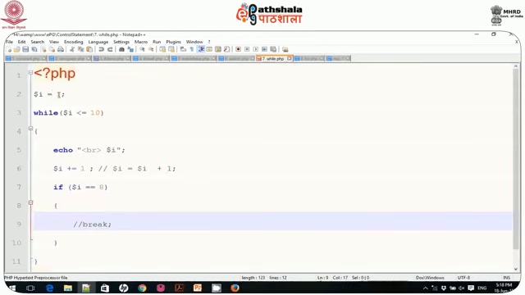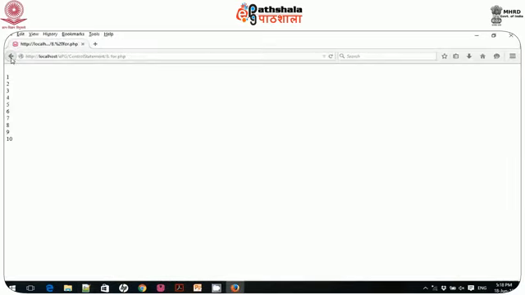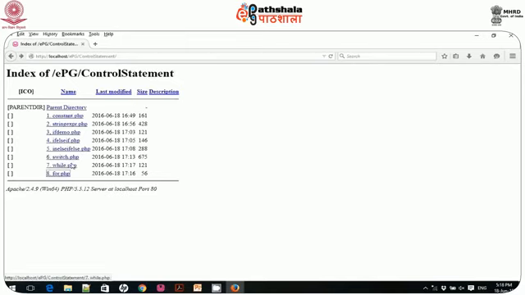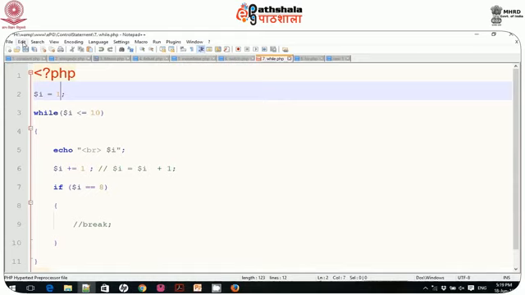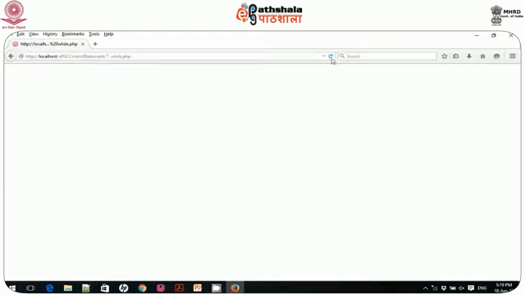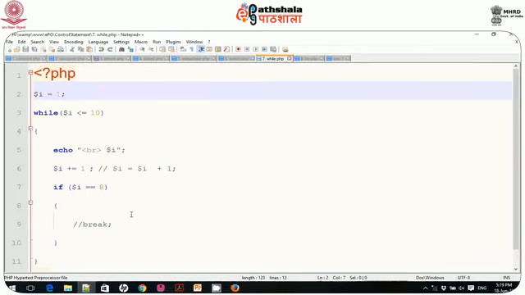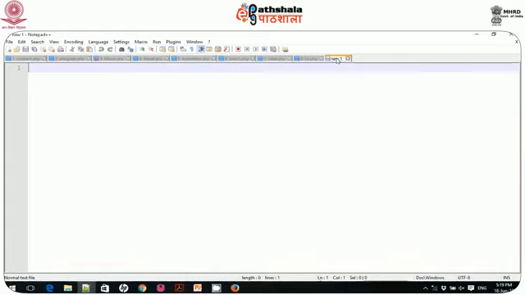Say for example, if I define $I as 11 and I would like to execute this one, nothing will be displayed because the condition is initially false, but when it is true the first time, then it will display the value I have provided. And do while is the same, but it will be executed at least once.